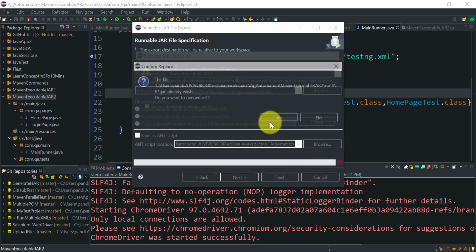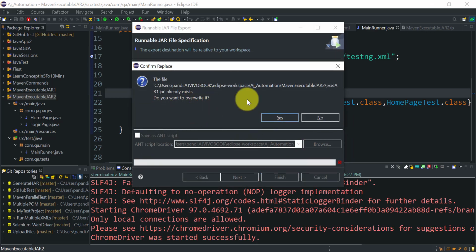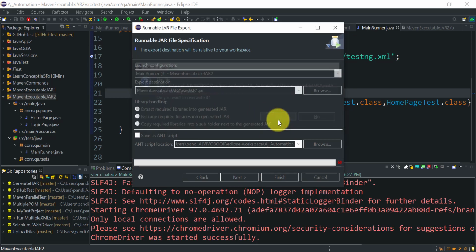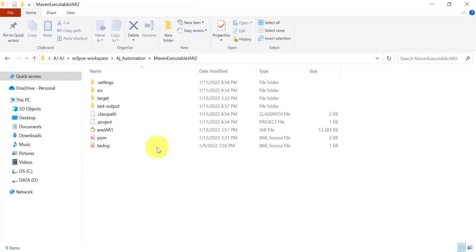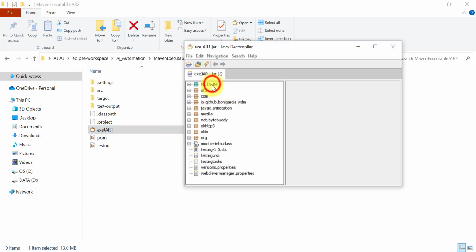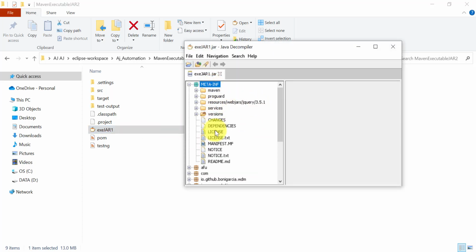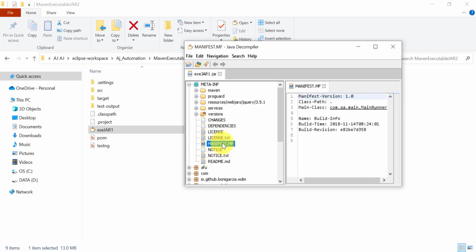It is going to overwrite our previous jar file, so click on yes. It is exporting now. Let's see the content first and then we will run. You can see in the meta information we will find the information about the main class here.